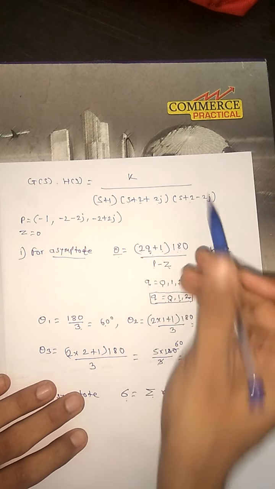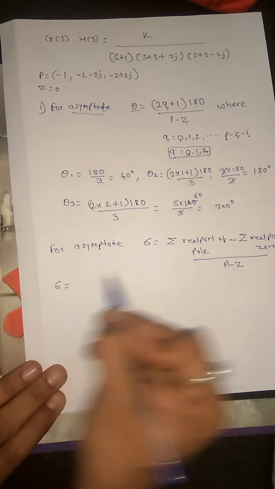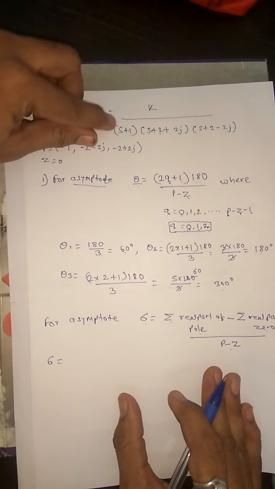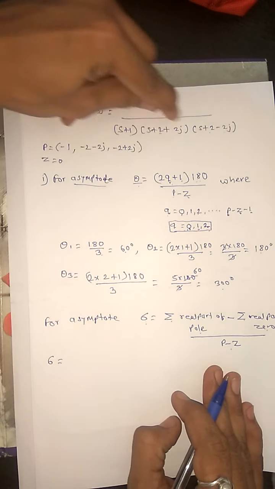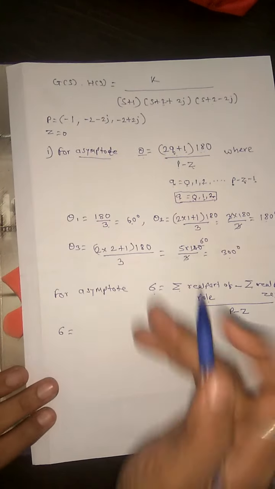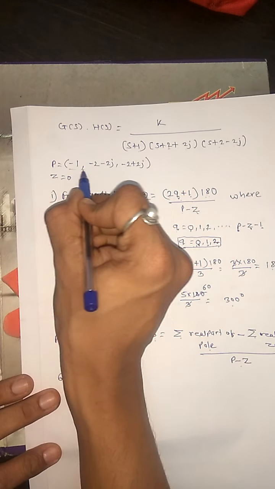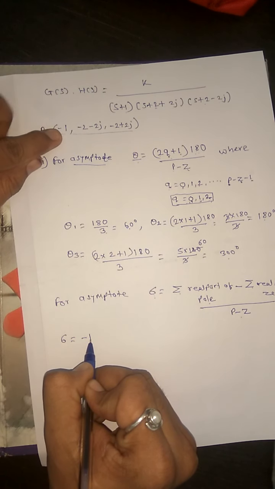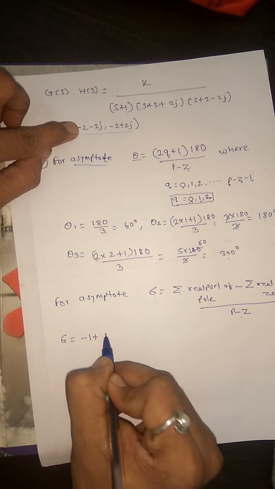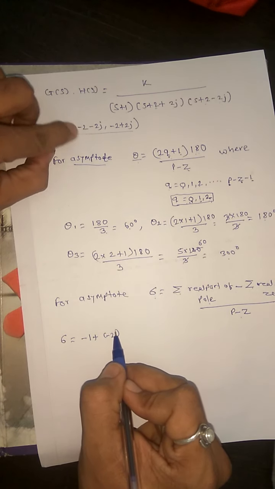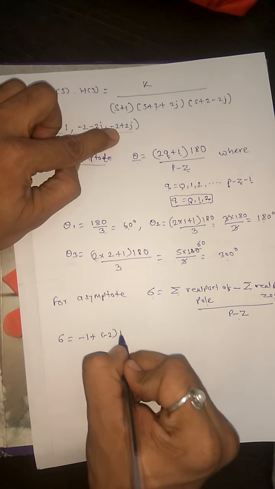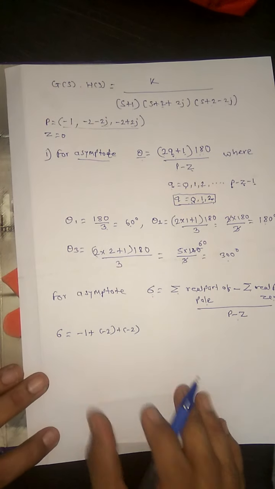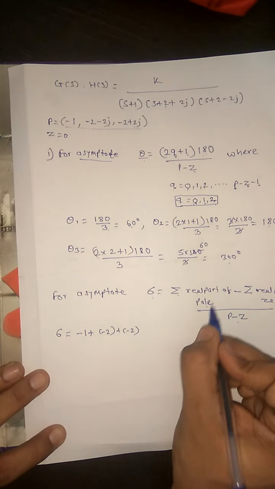Only consider the real part. So I am collecting all the real parts of the poles. Sigma is equal to the summation of the real parts of the poles. We have poles s plus 1, s plus 2 plus 2j, and s plus 2 minus 2j. The real part of the first one is minus 1. From the second, plus minus 2j, only minus 2 we collect. Then from the third pole again minus 2. Don't consider 2j, that is the imaginary part. So this is the real part of the poles.